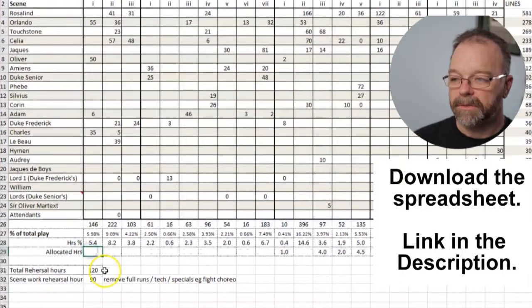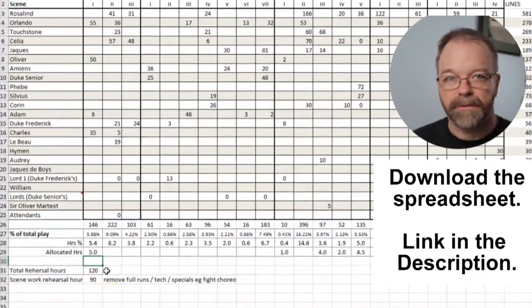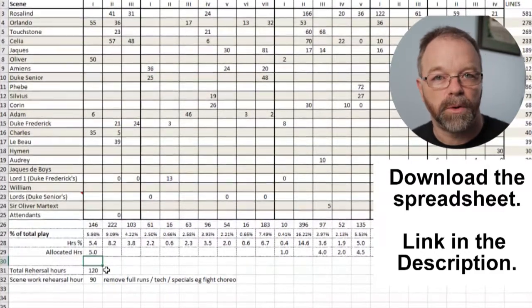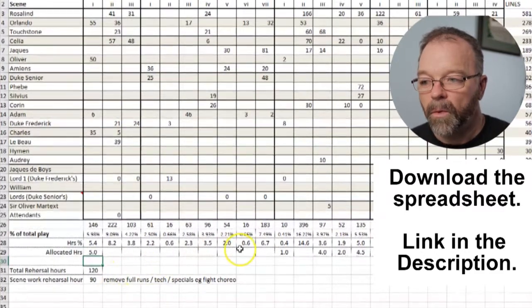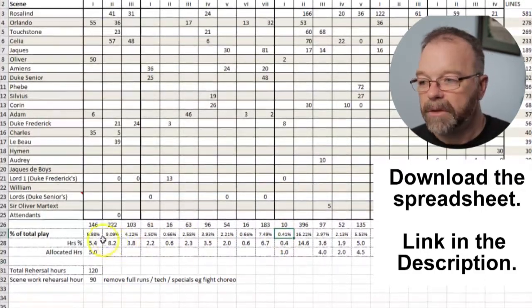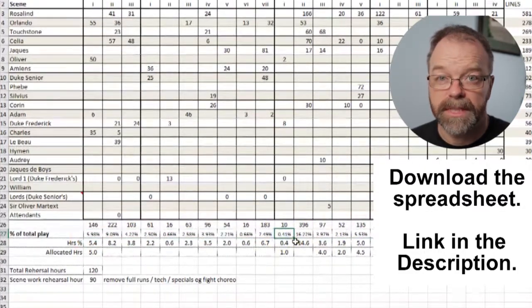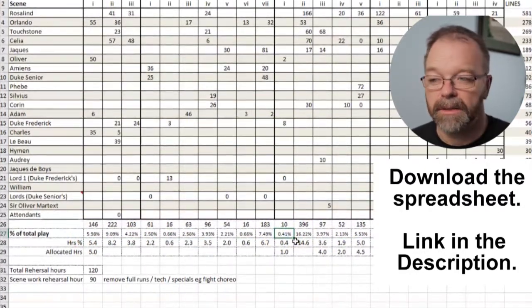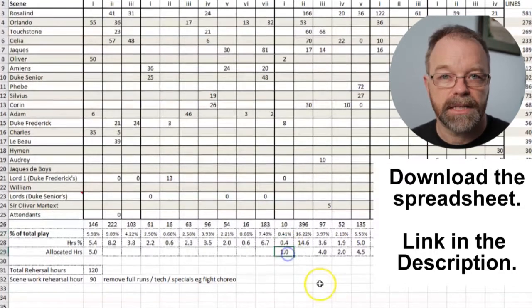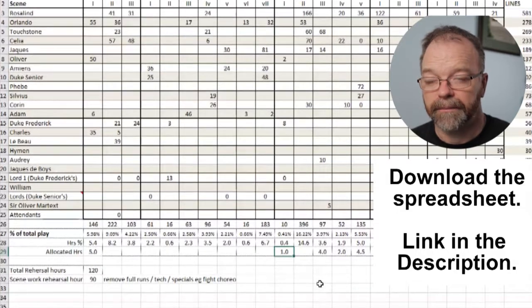So I might decide to round that up to 5.5, or round it down to 5 and allocate that 0.4 somewhere else. Where there is a scene that is so small that it would normally get less than a half, if you actually just have these formatted as a number, that'll show up as 0 because it rounds it either up or down. I will allocate no less than 1 hour to every scene initially.